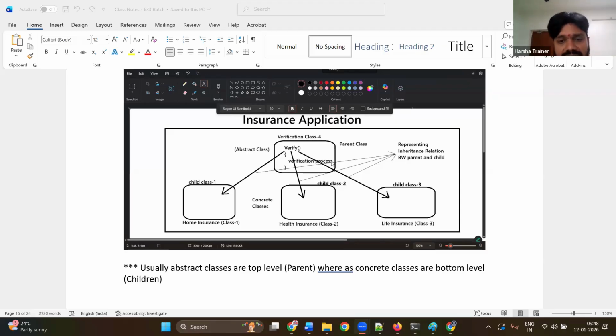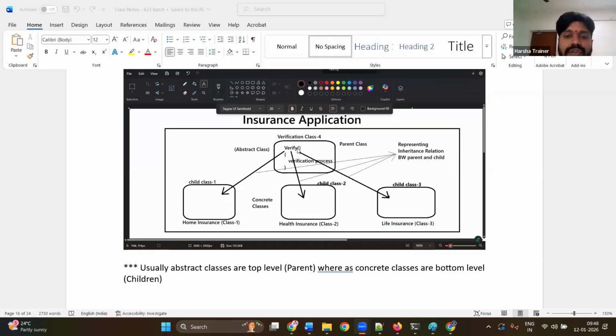An abstract class is the one where a transaction cannot be initiated but can be processed, while concrete classes are the ones where a transaction can be initiated, processed, and closed. Are you clear, every one of you? Abstract and concrete have only one main difference: abstract classes are the ones where transaction initiation or triggering is not possible, but in a concrete class it is.